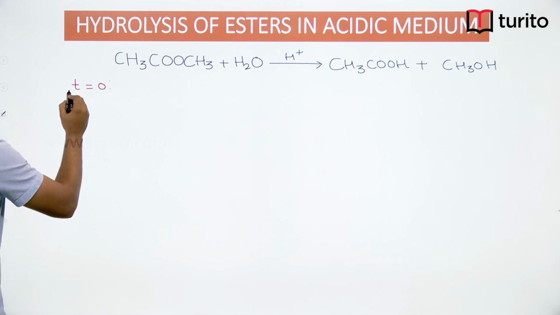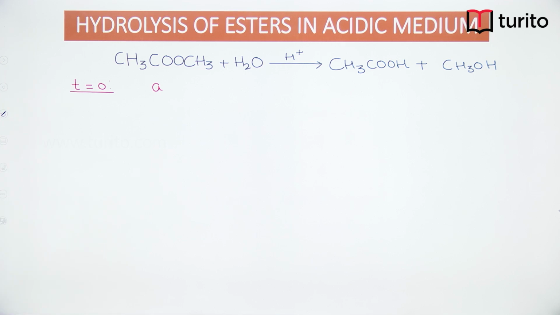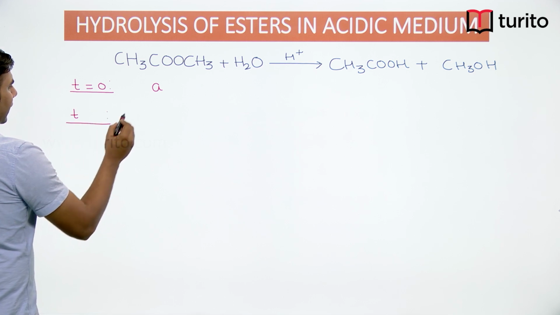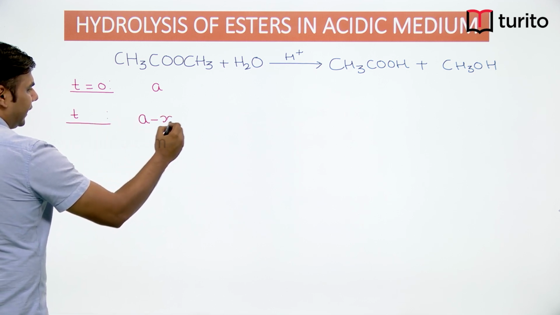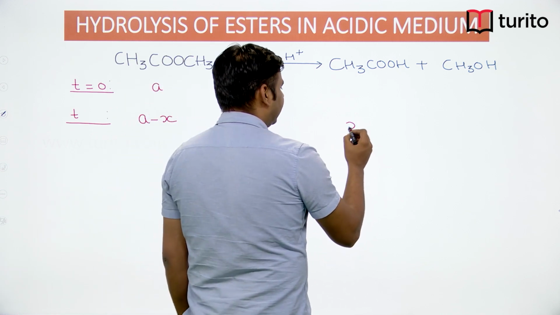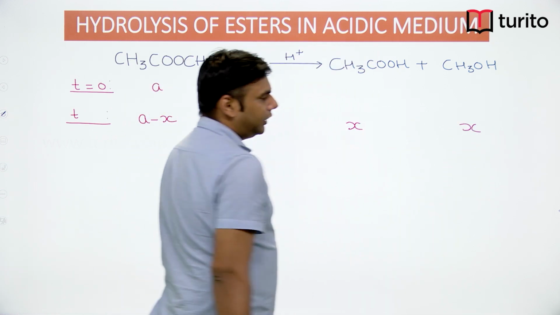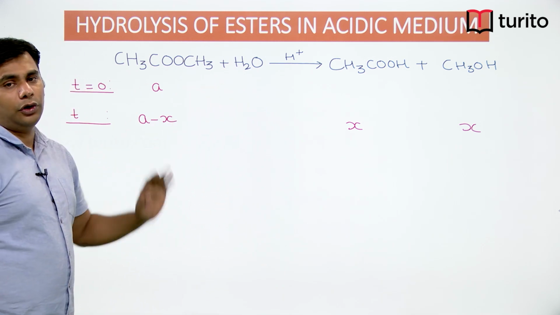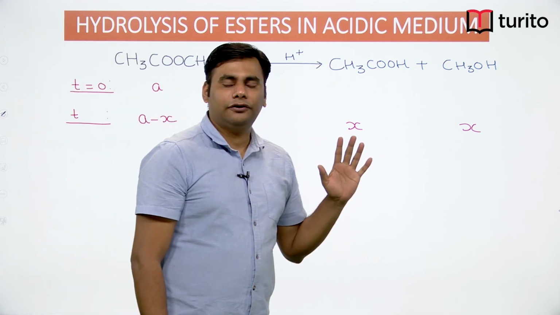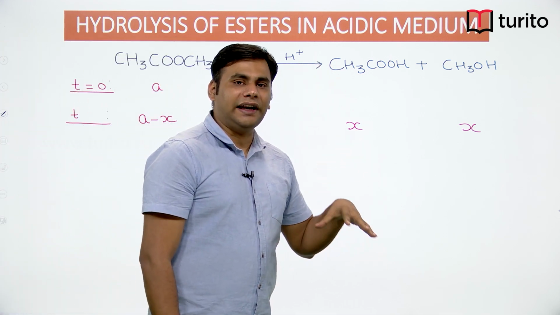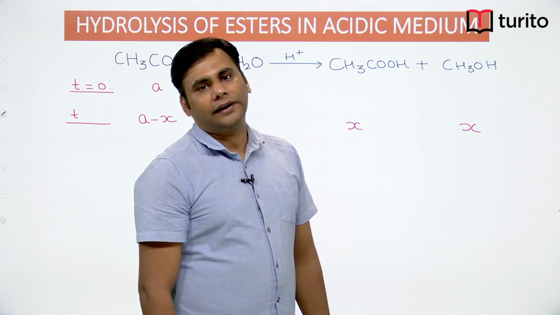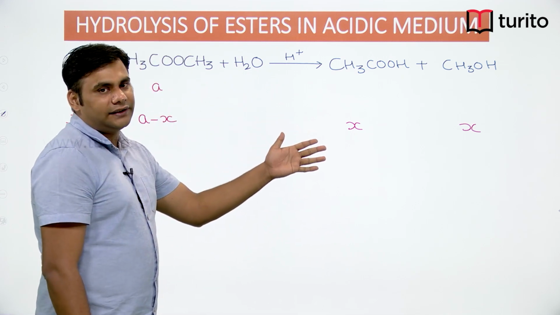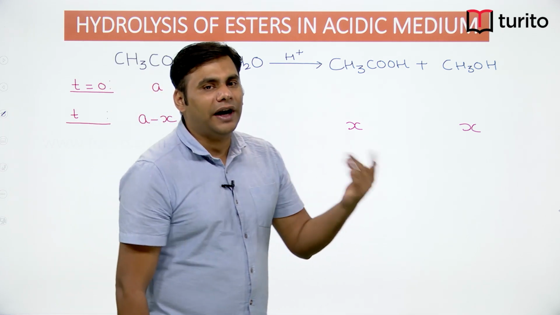Let us write its stoichiometric calculation. At time t equal to 0, suppose A moles of ester were present; water was in excess, so we don't need to consider it. After some time t, x amount of this reacted, so we are left with A minus x, and we form x amount of acetic acid and x amount of methanol. Now, when analyzing this reaction, because one of the products formed is acetic acid, we will periodically titrate the reaction mixture with a strong base,